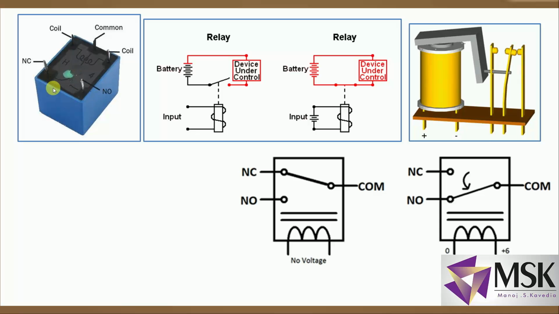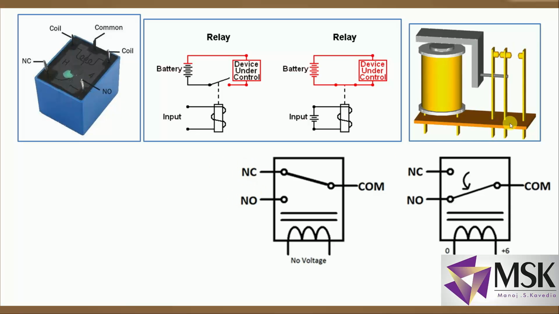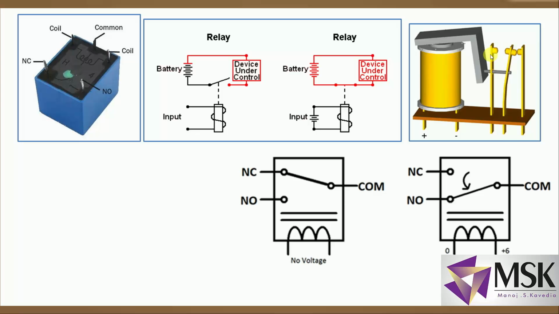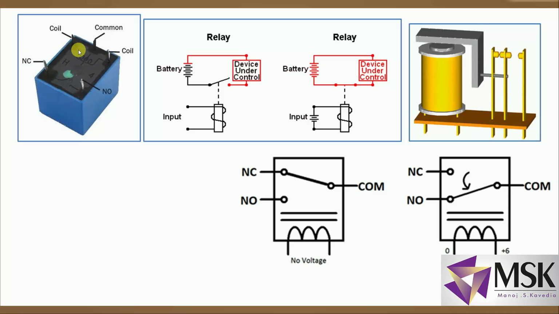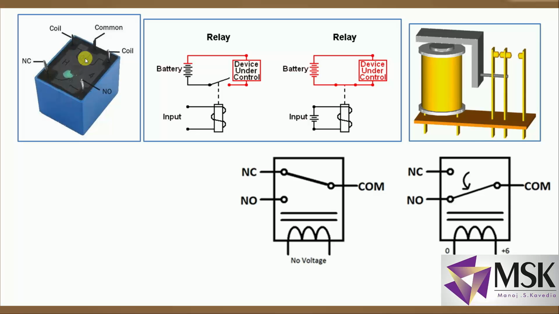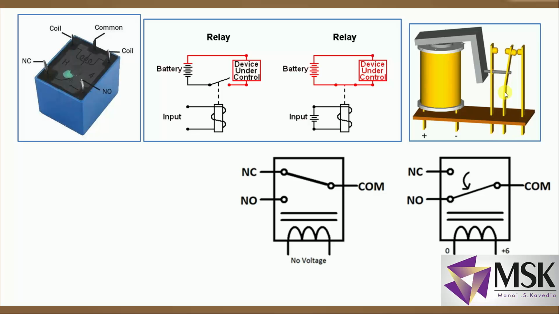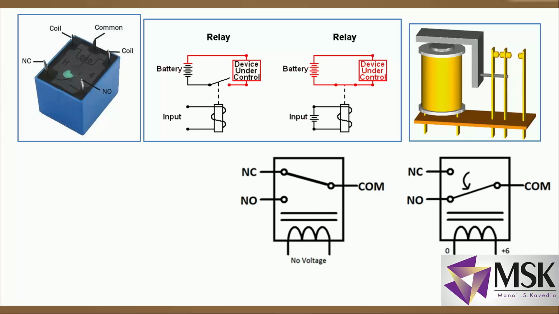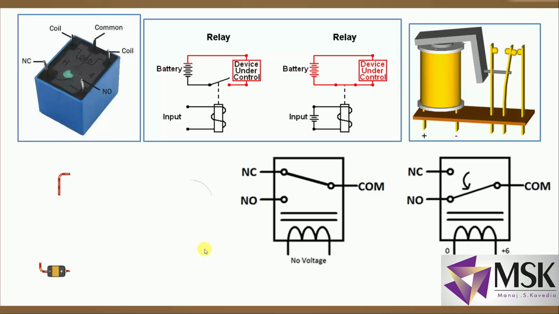So this relay looks like a sugar cube. Now you can see there is one NC, there is NO. So this is NC, NO. Here also this is NC connection, this is normally closed and this is normally open. Now these are the coil connections. You can see in this diagram, here there is a coil. So this coil is this one. Now this coil is to be connected to DC supply. And this is a common terminal. This common terminal is here. In this case, this is a common terminal. Fine. Now let's see how this relay can be used to control the device.